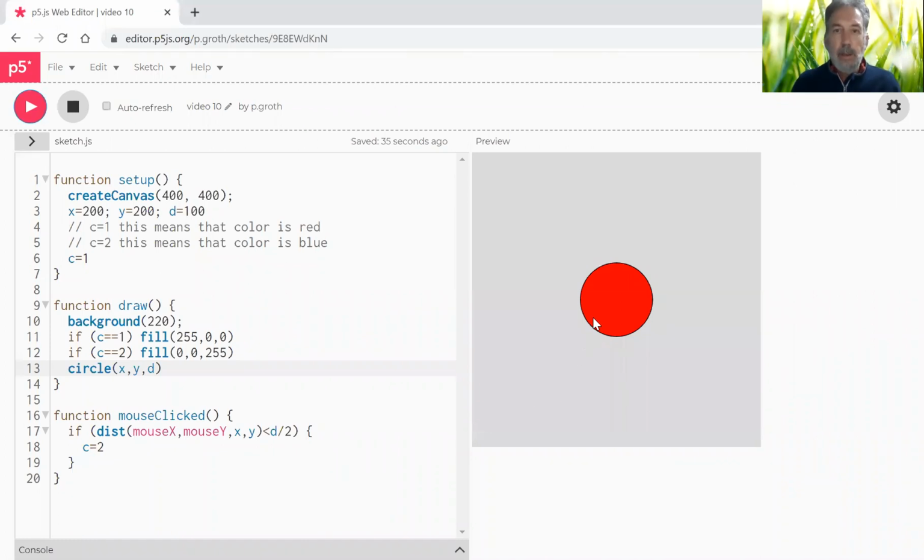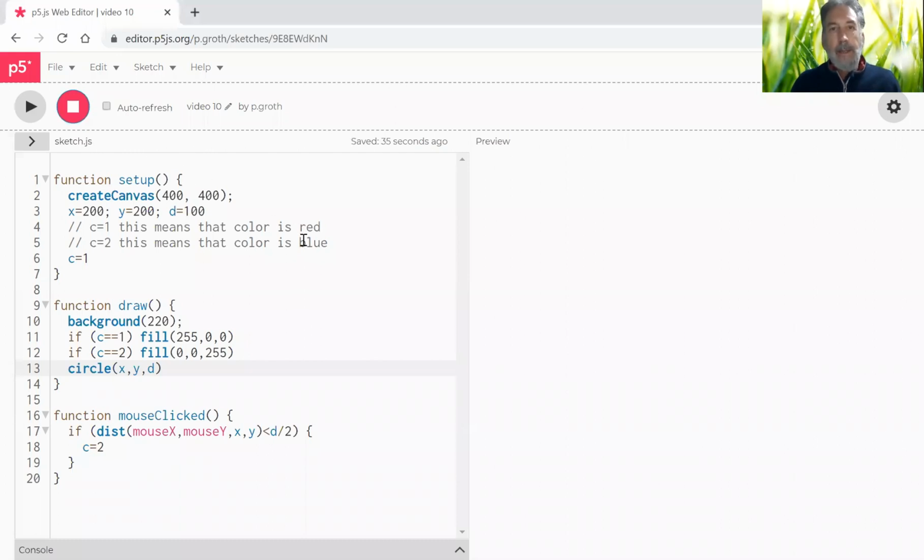So a red circle, I click on it, it turns blue. Now we want to create many circles. So how do we do that? Well, instead of one value for X and one value for Y, we need many values and we store them